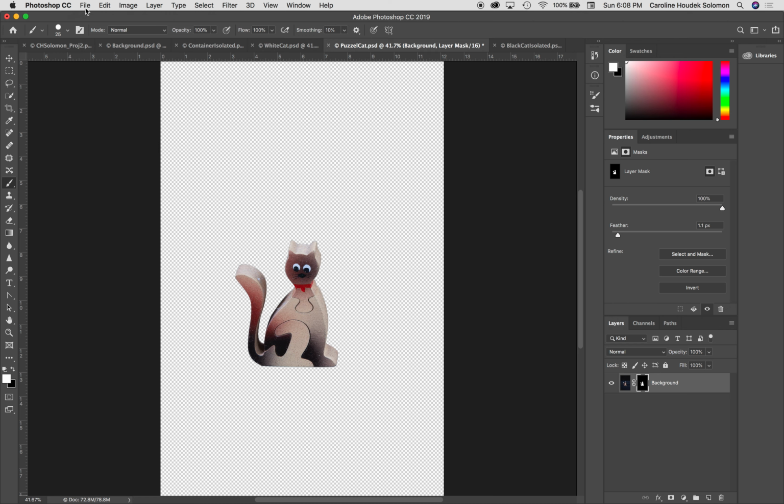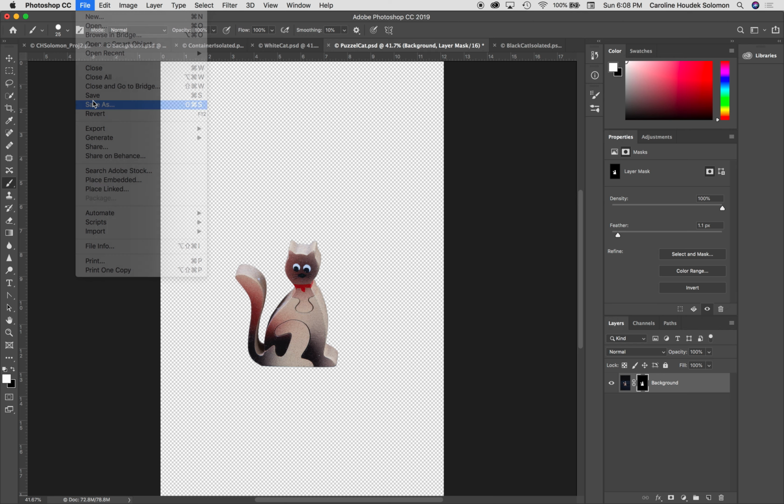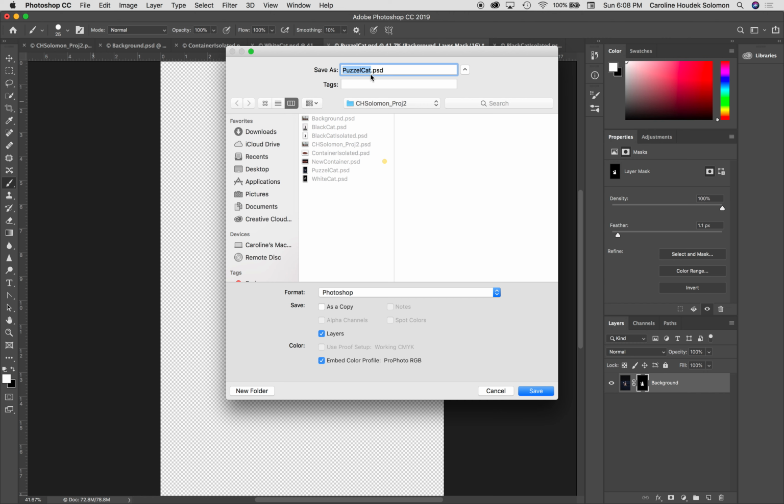Now I can go to File, Save As, and I'm going to call that Puzzle Cat, Isolated, and make sure it is a Photoshop document. And it's being saved in my Project 2